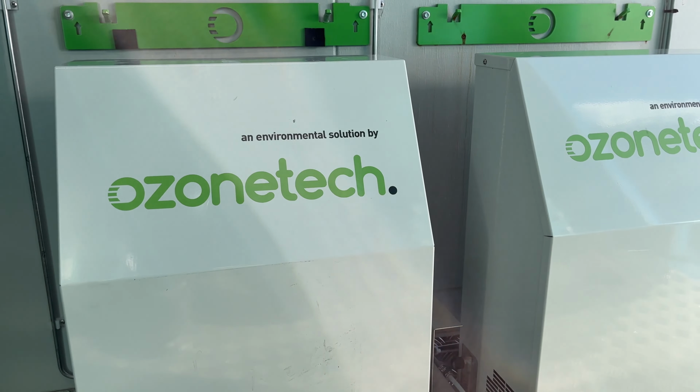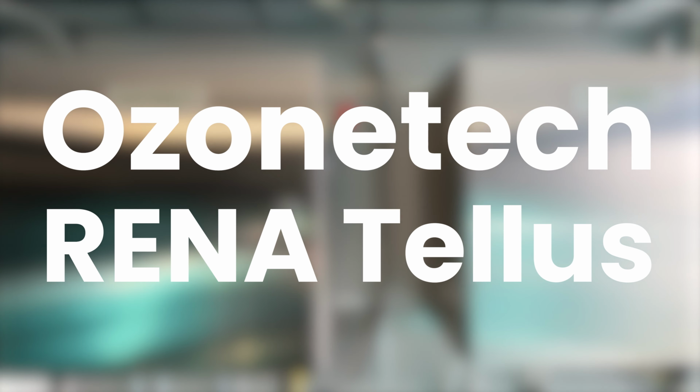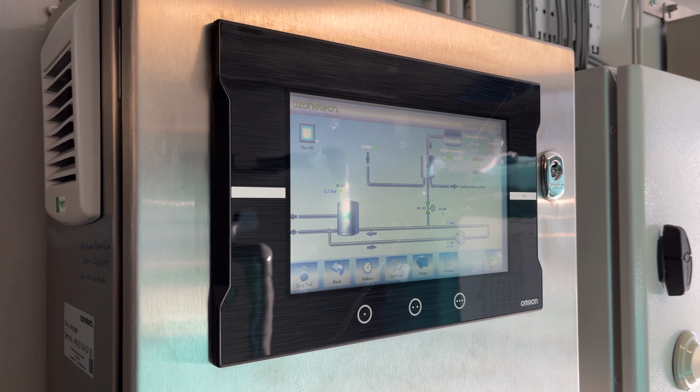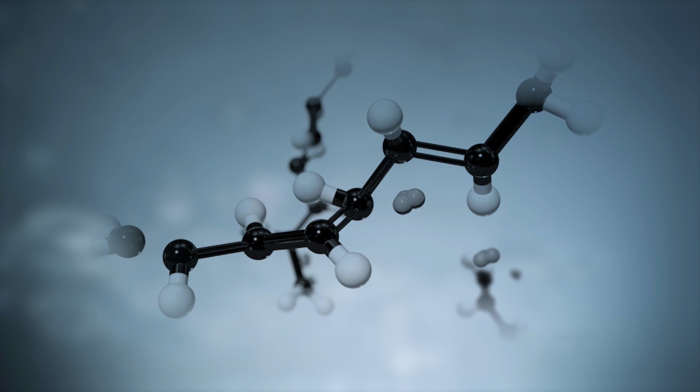Following filtration, the wastewater is treated by an Ozone Tech-tailored high-performance RENA Tellus ozone system. Using oxygen-fed configuration, high-concentration ozone generators, along with a carefully automated ozone dissolution process, we ensure lowest possible cost of ownership and an operational cost of less than 5 cents per treated cubic meter of wastewater with more than 95%